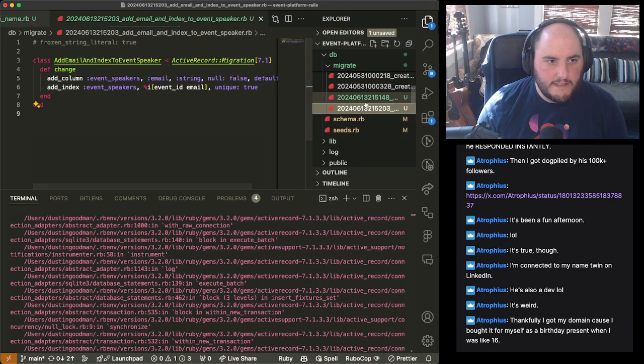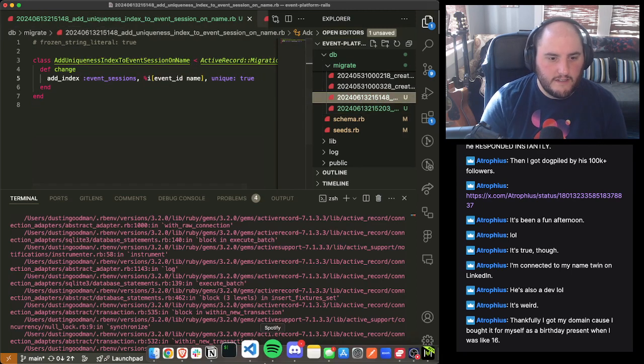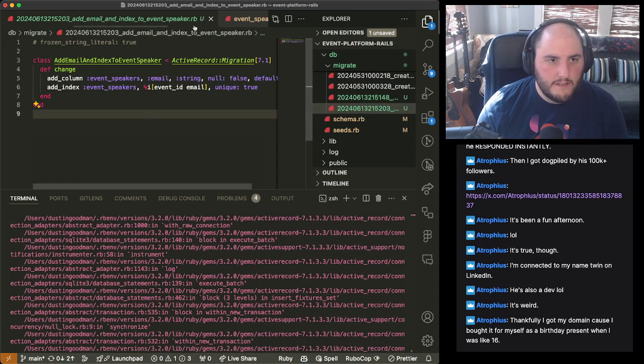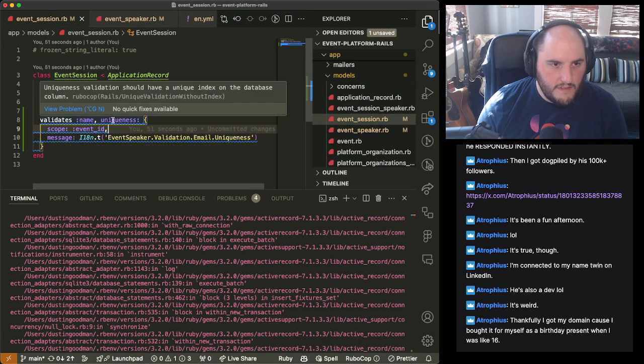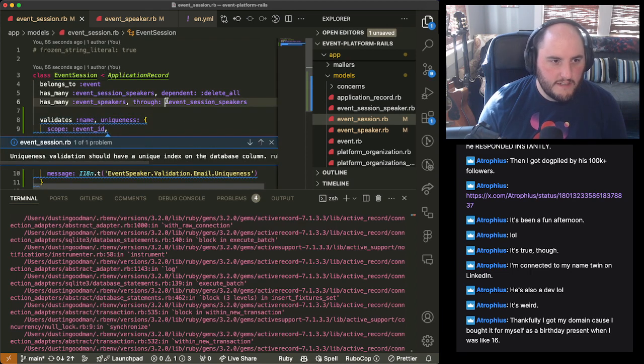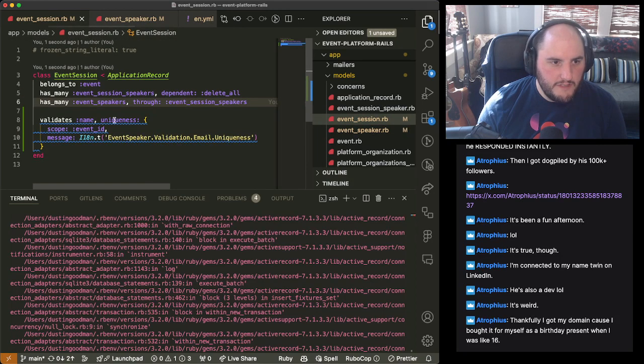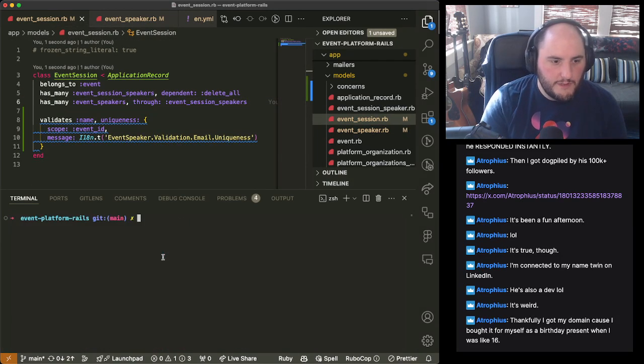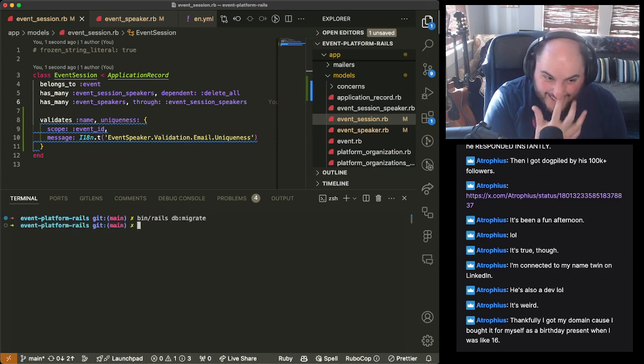It's there. This is totally here. Why do you think it's not here? I don't believe you. So if we go do bin rails db migrate, maybe I needed to run migrate twice.